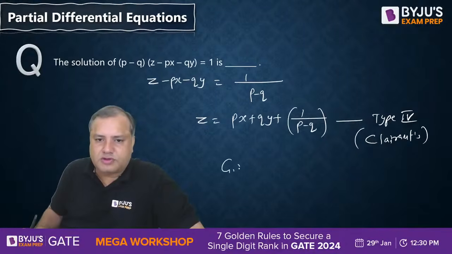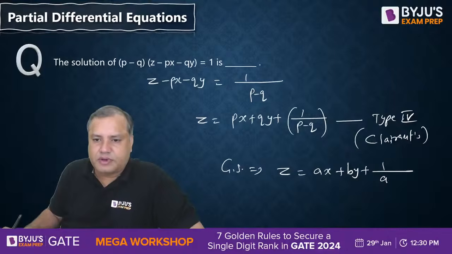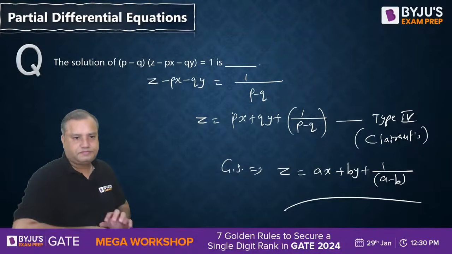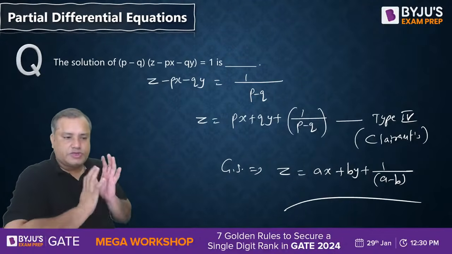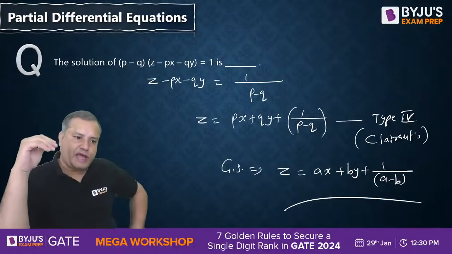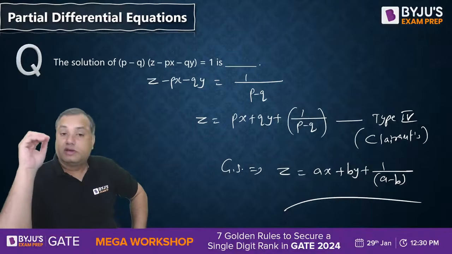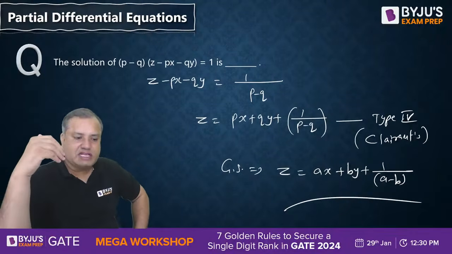So its general solution is ax plus by plus 1 upon a minus b. That's it. Comfortable everyone? So students, till this point of time, we have covered the first